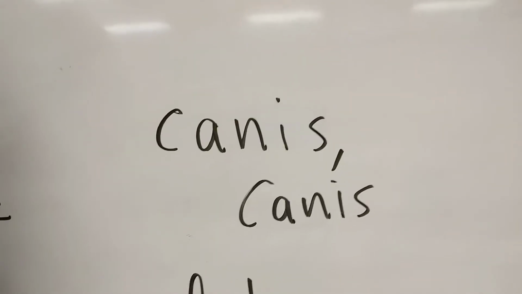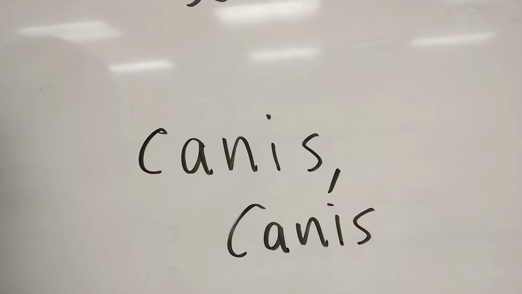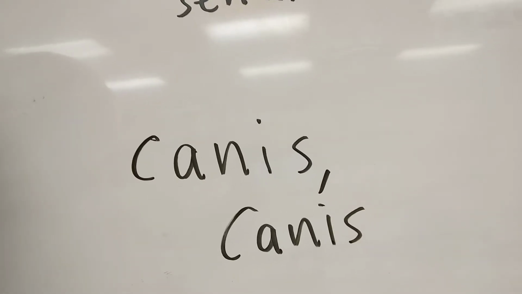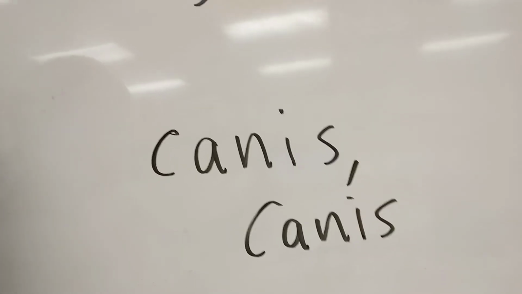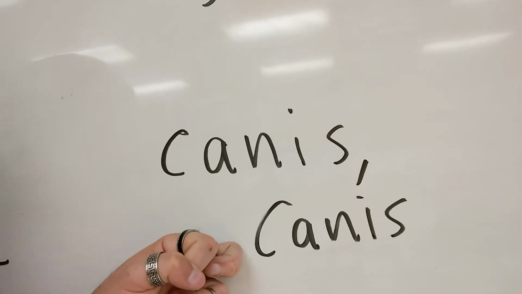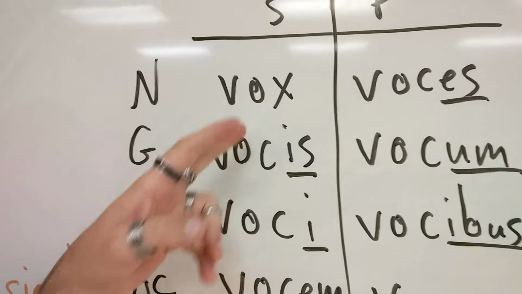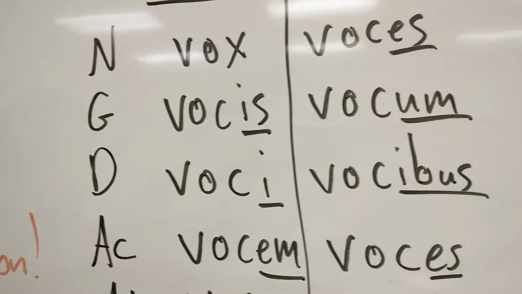In canis, there's not really one. It's just canis, canis. In fact, not only is there no stem change, but the nominative even looks exactly like the genitive. But that's not a thing you have to worry about. All that you need to worry about is that you're going to base your stem off of whatever you do see in the genitive. So if there's a change like there is in walks, walkis, then that means you will look at the genitive and see that C and continue to use C's.